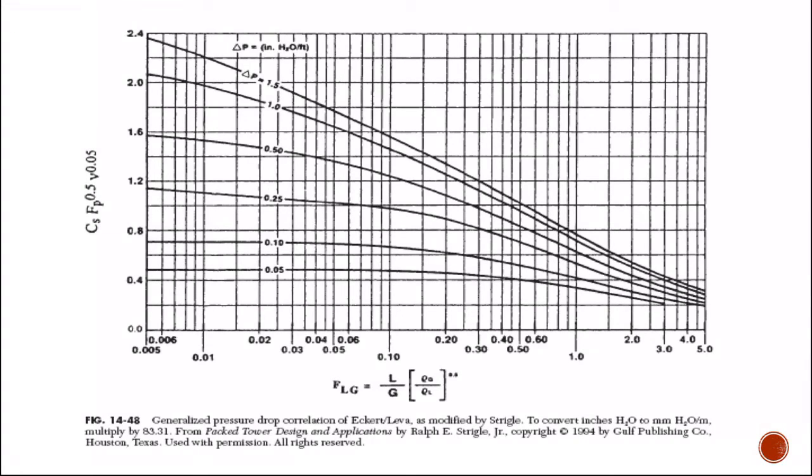Finding the pressure drop from this graph, we have the abscissa scale term and the